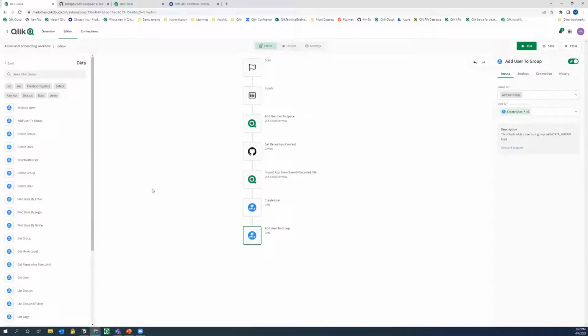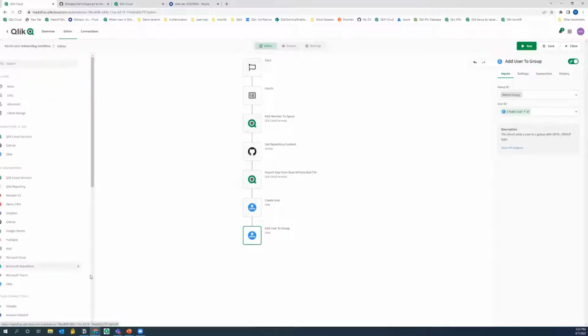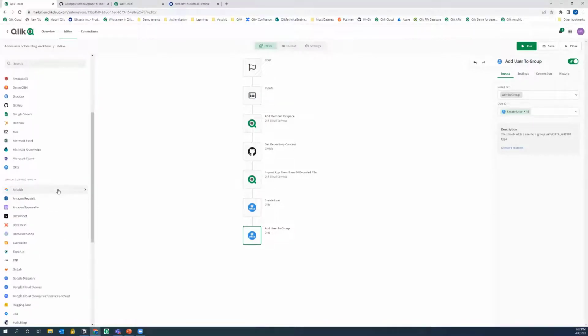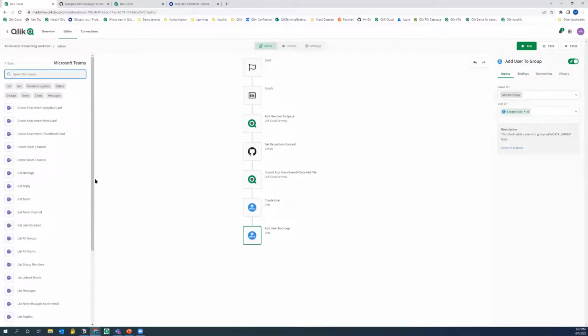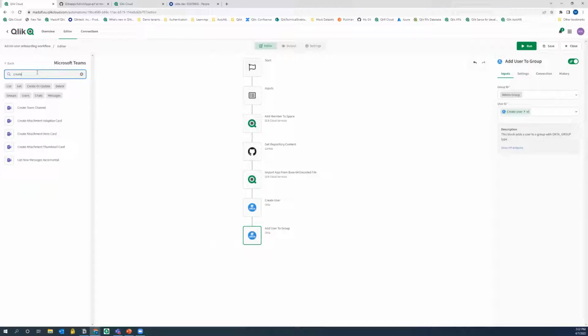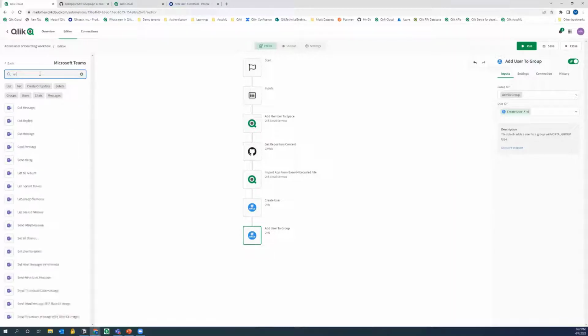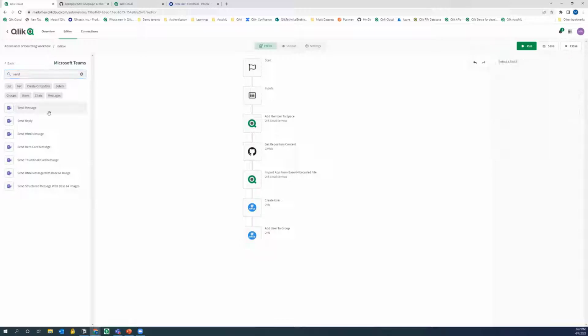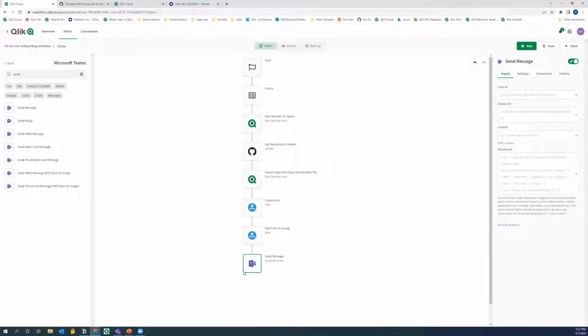All right, so lastly, we would like to communicate with another SaaS application that we use quite often, and that would be Microsoft Teams. So we're going to go here, look for Microsoft Teams connection, and luckily for us, there is a send message block that will again